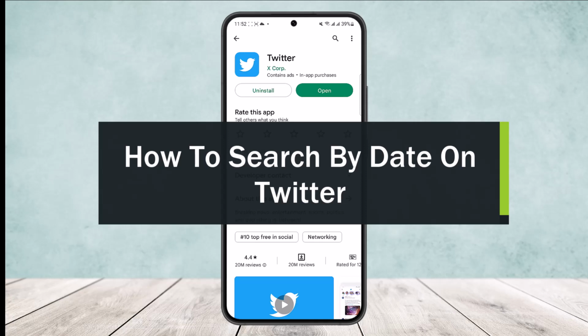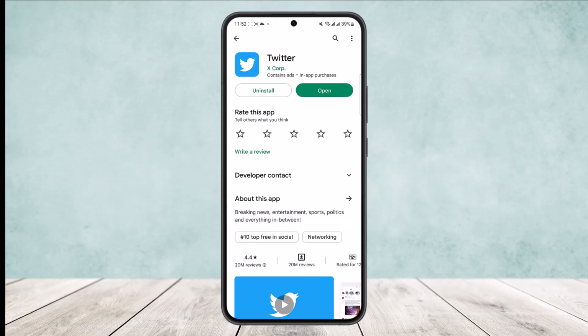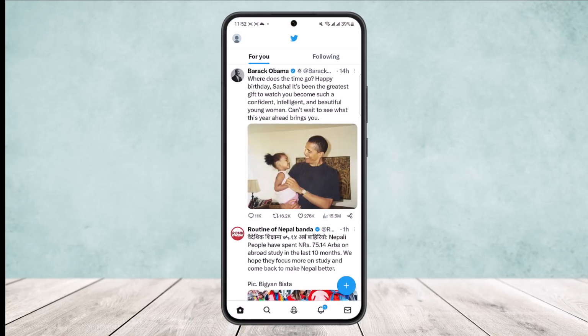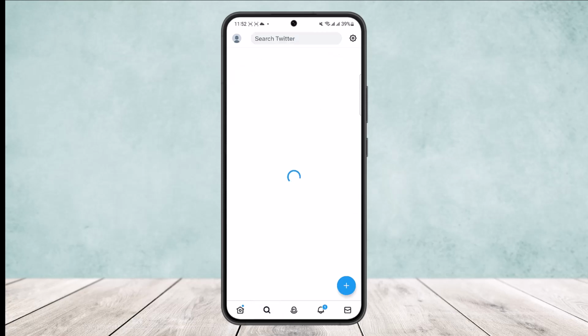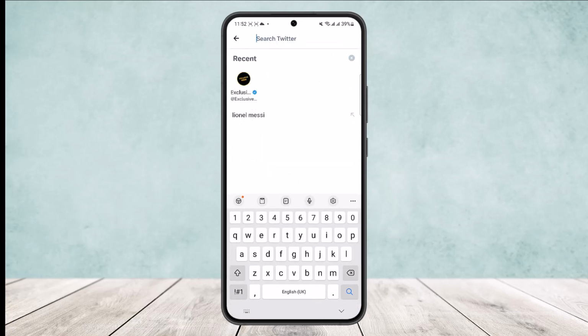Today I'll guide you on how you can search for a particular post on Twitter by date. Now to do so is quite simple. What you need to do is open up the Twitter app. Now you'll get an interface like this. Now what you want to do is tap on the search bar or search icon that you'll find at the bottom of your screen. Tap on search, and here on search, now what you want to search in, if you